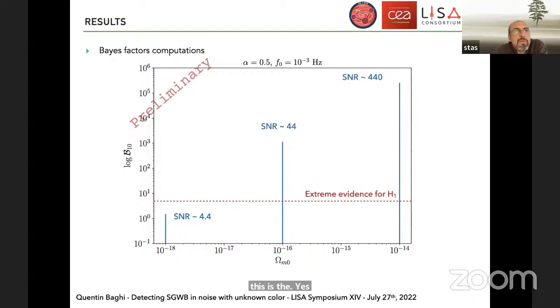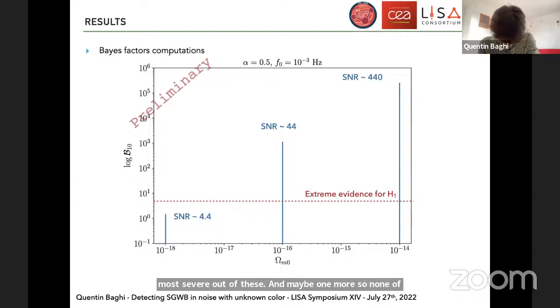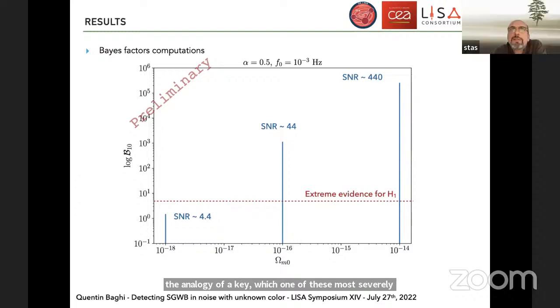My question is about your conclusion. You mentioned a few shortcomings in your analysis so far. One is the assumption of the same noise. Another is, I already forgot, one is that all the other sources are removed and that there are no other stochastic gravitational wave signals. And maybe one more is the non-orthogonality of A and T. Which one of these could be the most severely affecting your current results? What do you think?